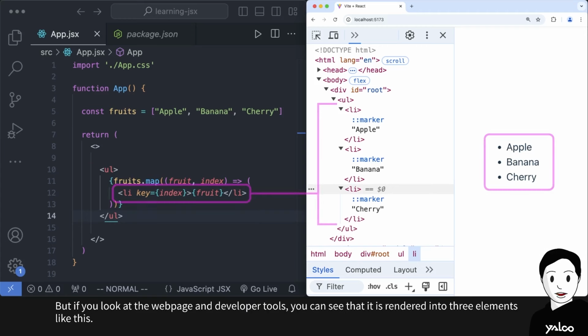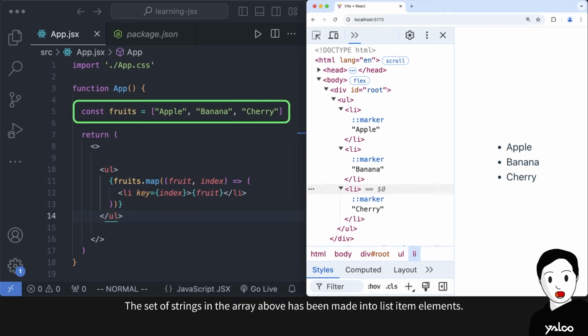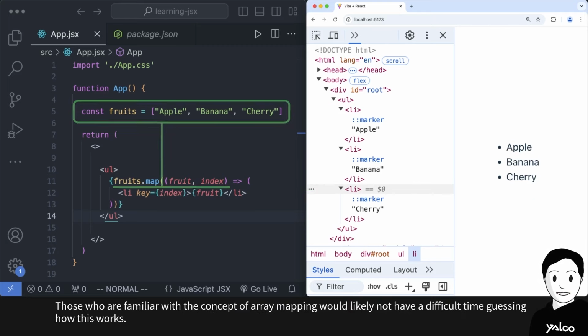But if you look at the web page and developer tools, you can see that it is rendered into 3 elements like this. The set of strings in the array above has been made into list item elements. Those who are familiar with the concept of array mapping would likely not have a difficult time guessing how this